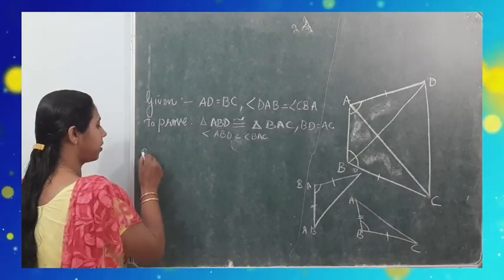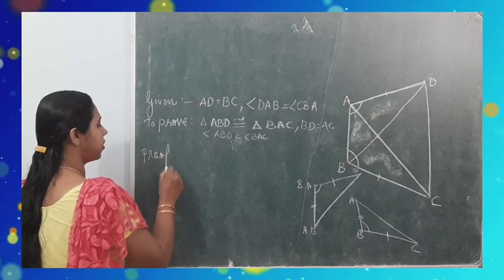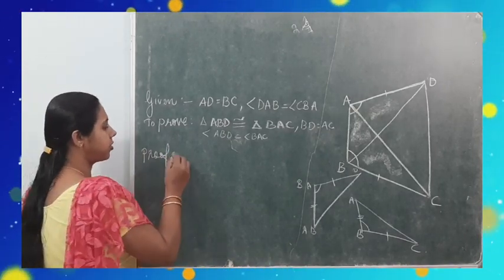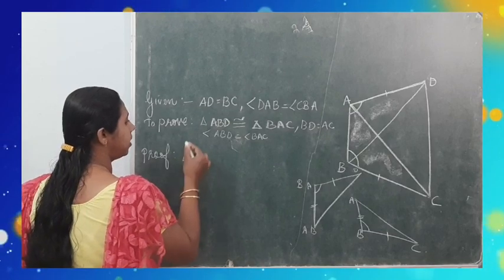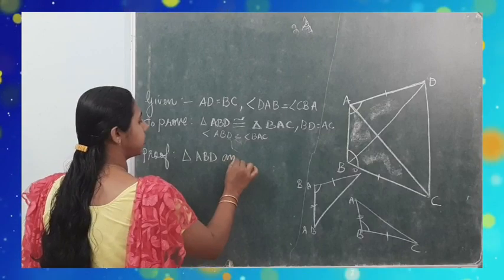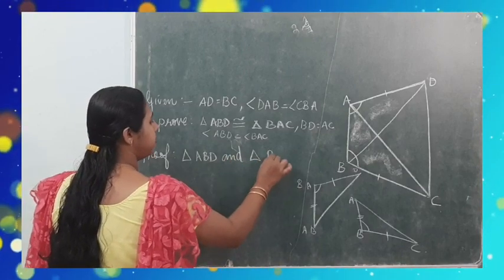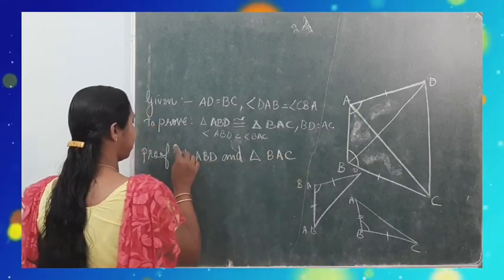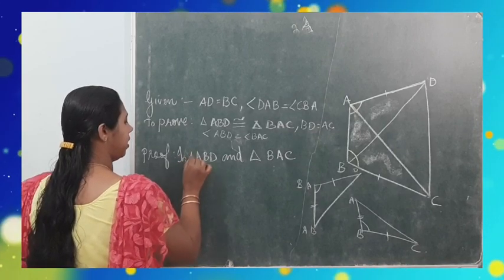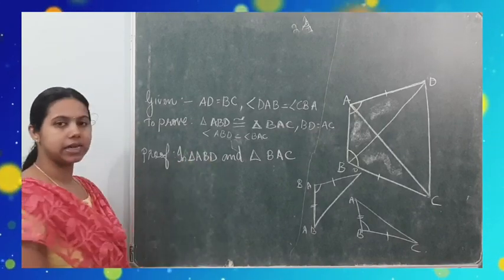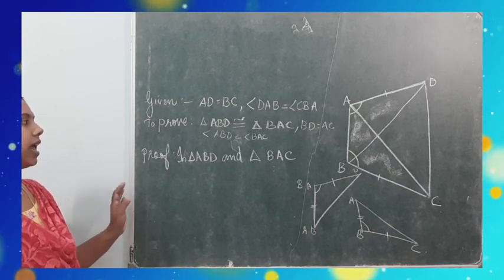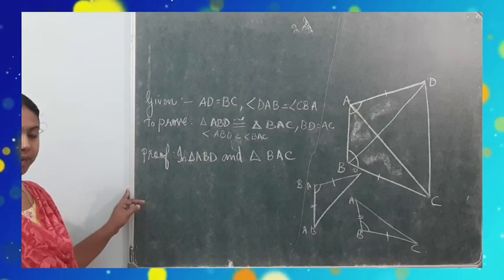Next, proof. So when you are writing the proof, first you have to write which two triangles you are considering. So write the name of the triangle. Triangle ABD and triangle BAC. You should write here: in triangle ABD and triangle BAC. When you consider the triangle ABD and triangle BAC,